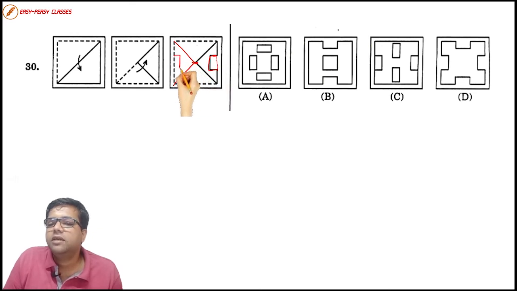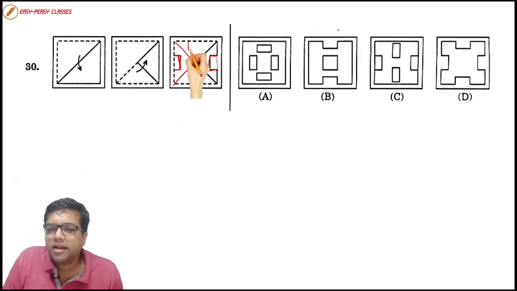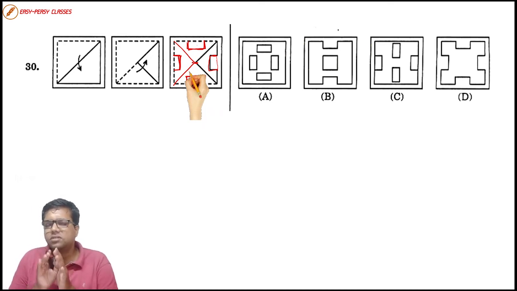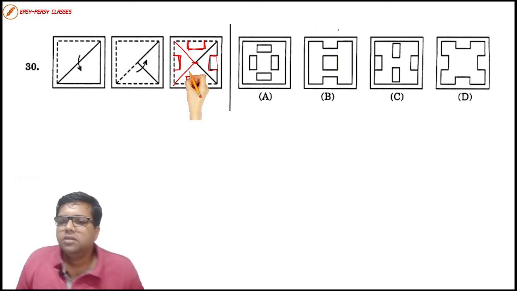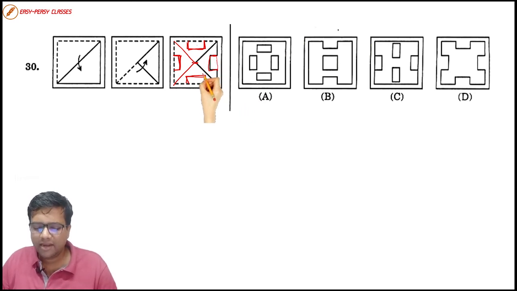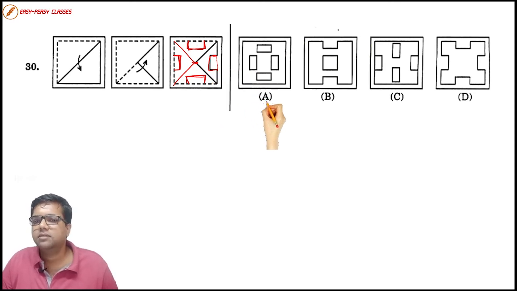That means there would be this kind of cutting over here. So this thing has to be replicated here as well. There would be this kind of cutting, this kind of cutting. See, this is not the right way to do it actually. In case you are stuck with the question, you don't know how to do this, and you are out of your options, then you follow this kind of technique. Even if you directly follow this kind of technique, there is no harm as well. You will find out the answer.